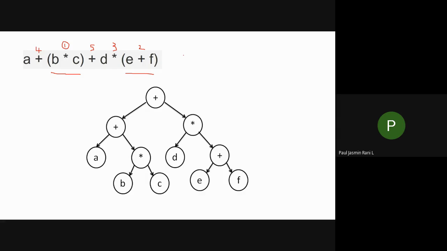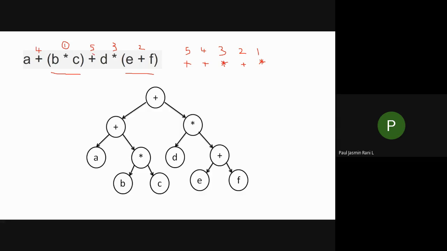After this, what you have to do is arrange your operators in least priority order. First you will have a plus, this is your 5th position. Next, in your 4th position, again you have plus, and in your 3rd position you have multiplication, that is your asterisk. In your 2nd position you have plus, and in your 1st position again you have star. So I'm going to give the least priority to this plus operator, isn't it?